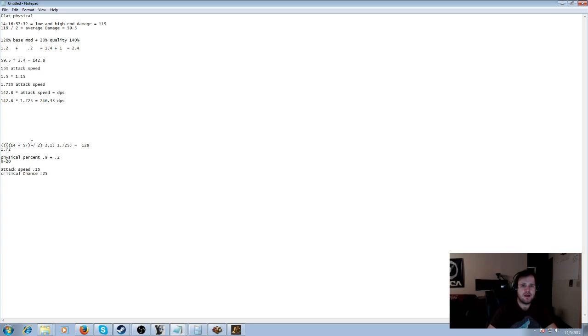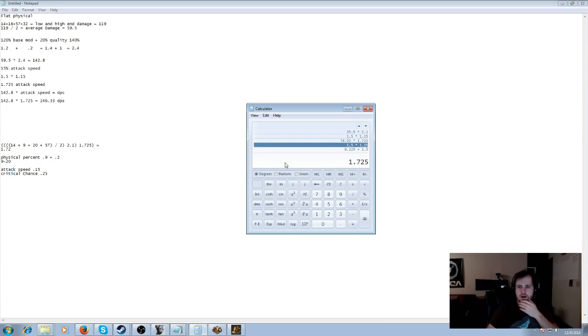So now that 9 to 20 is going to have to go here, and now we have to recalculate most of it, because now the damage is completely different all the way from the start, right? So now this number is going to be vastly different. What is it then? Alright, well, we take the 14 plus the 9 plus the 20 plus the 57. Then you take that number, divide by 2. Take that number times 2.1. Take that number times your attack speed. And that number is going to come out to be 181 DPS, which for a level 50 dagger, that's pretty